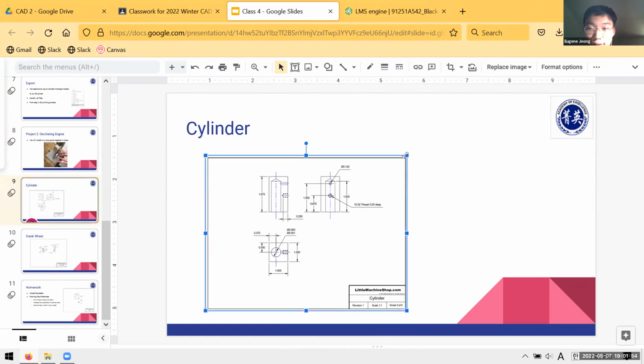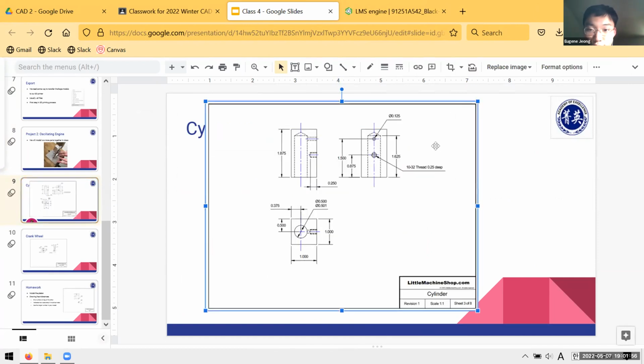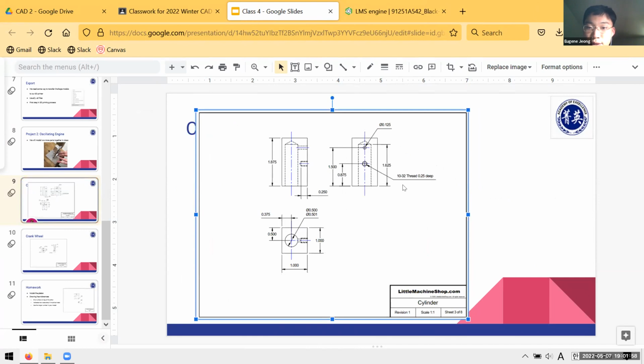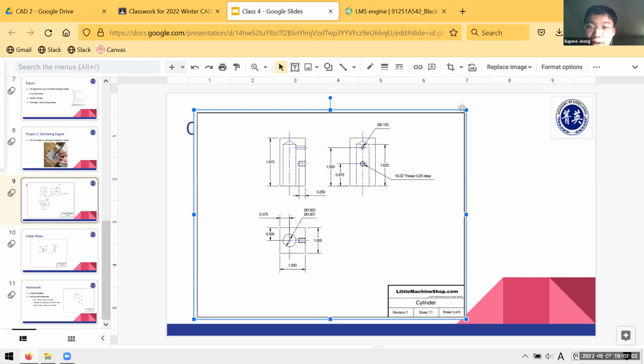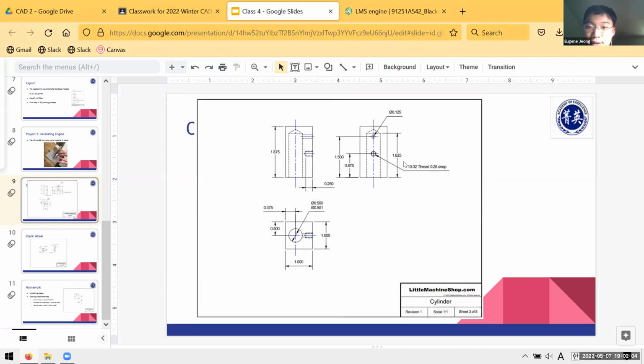So here's the drawing. There are a few new tools that I'm going to introduce today, one of which is going to explain what all these words mean. Maybe when you look at this drawing, the first thing you notice is this peculiar callout here, which is 10-32 thread, 0.25 deep. That might mean nothing to you, and that's fine. The other thing that you might notice is that